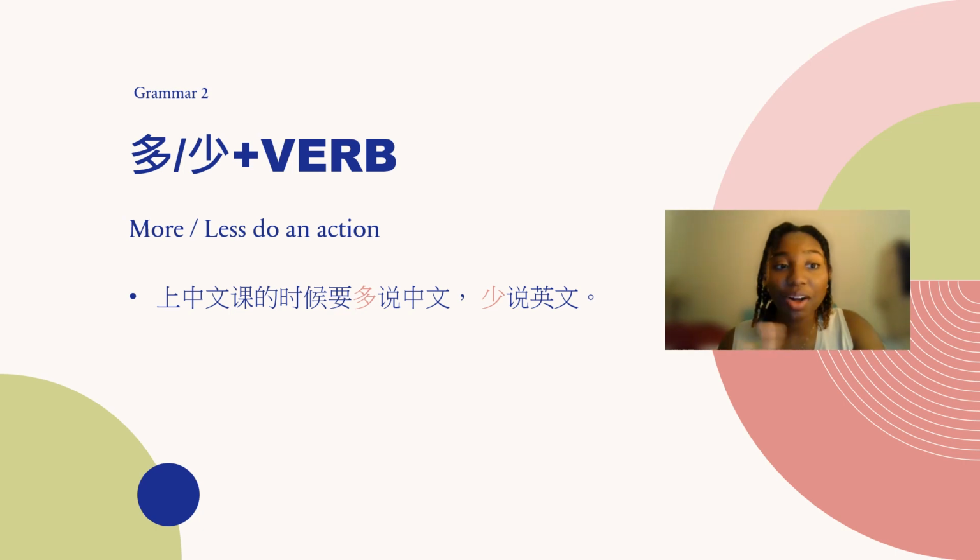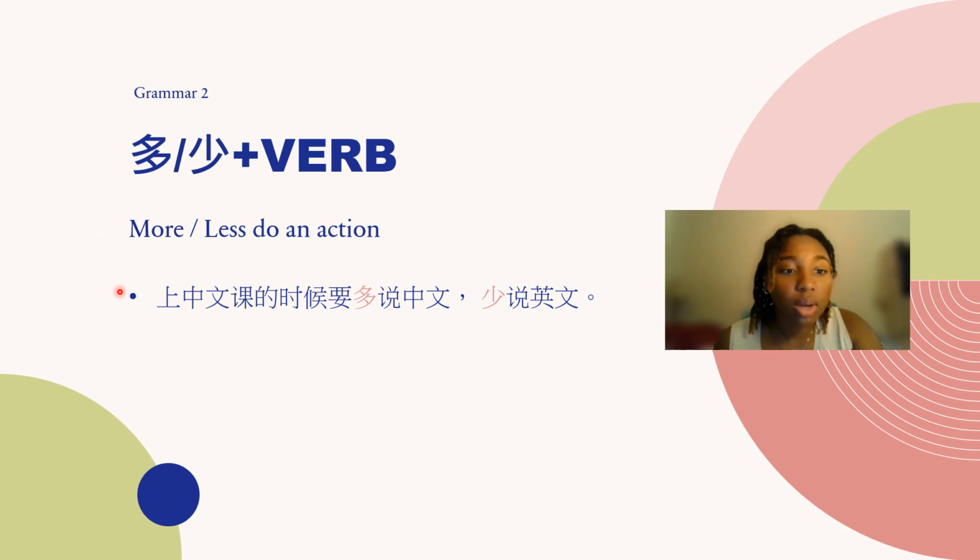Alright, moving on. 多 or 少 plus a verb. So before we've been using 多 and 少 basically as an adjective. Like 多少, that's a question in itself, like how much of something, the quantity, and that's used to describe a noun, right? But here we can also use it to describe a verb, doing more or less of an action, which can be done both as a statement of reality or as a question. Could you do more or less of something? Or imperative, you need to do more or less of something, as we will see.